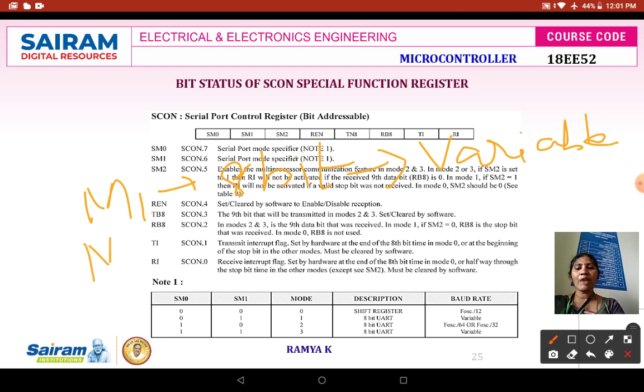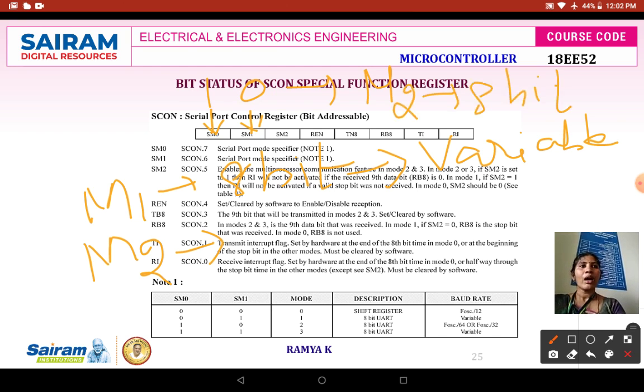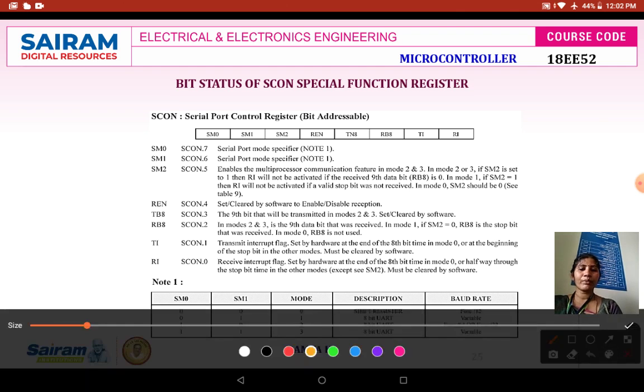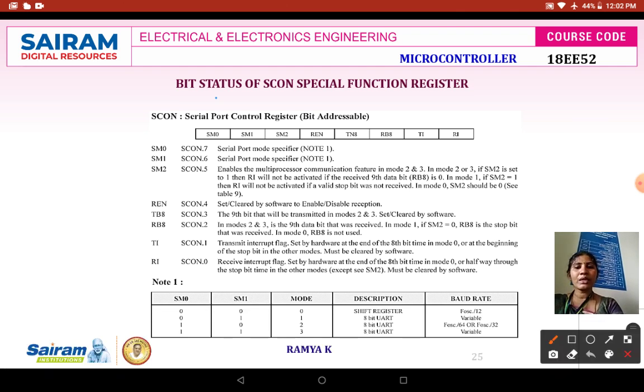Next, suppose you are operating mode 2, that is if SM0 and SM1 is 10, then it is operated with mode 2, which is an 8-bit UART, and it is going to have the baud rate of 64 or 32. Mode 3 means SM0 and SM1 are both 1.